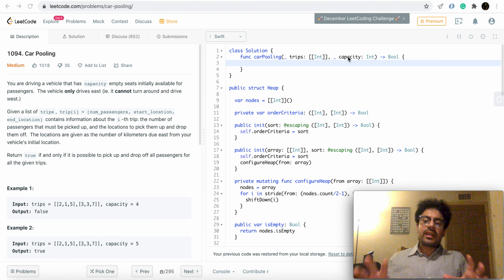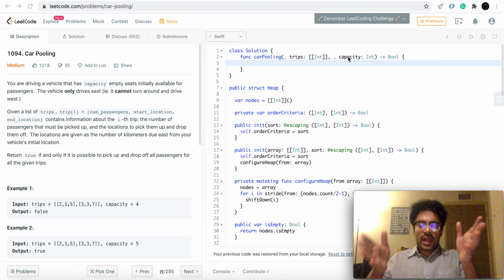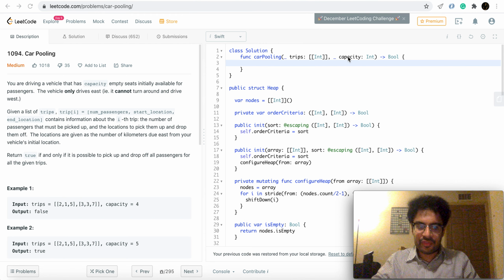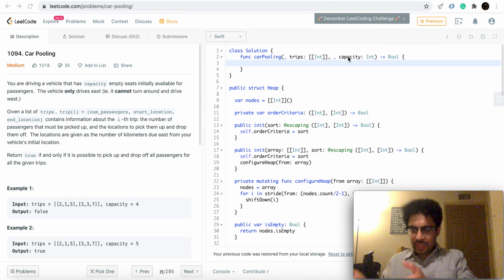So we have to add those freed seats to the current running capacity. And now I can evaluate this current situation of the car against the number of passengers that my current trip needs.